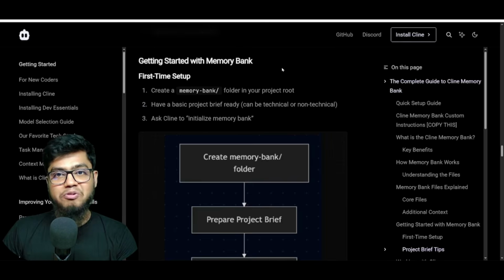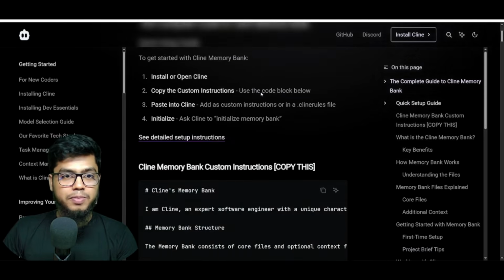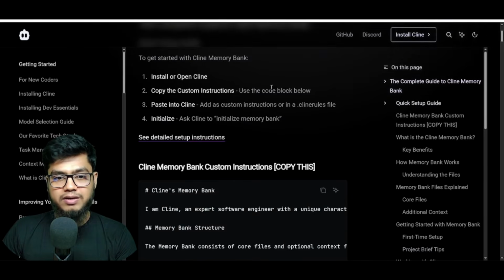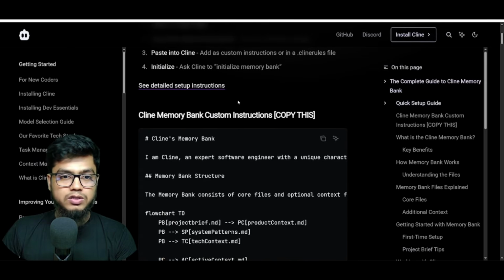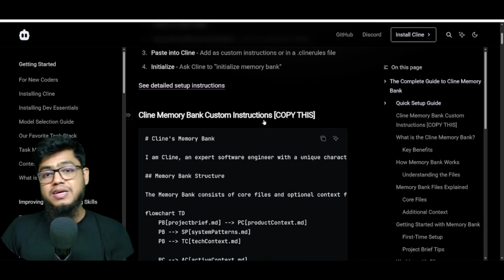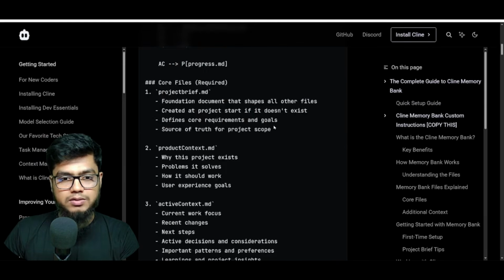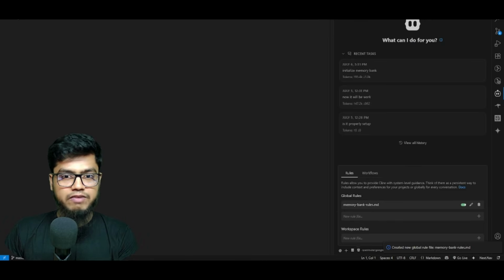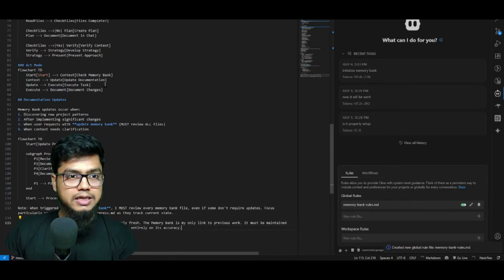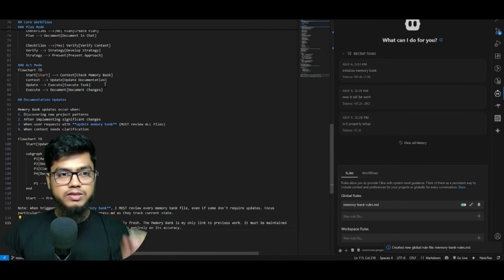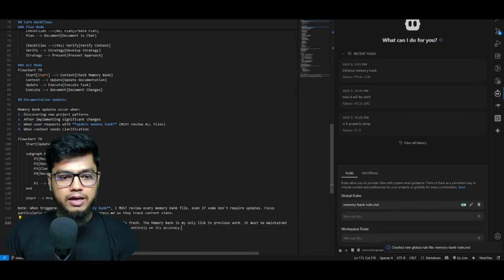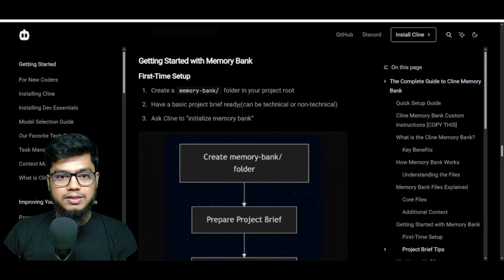So where will I get it? Look at this. Cline already gives us some instructions. This is the Cline Memory Bank custom instructions. Copy this. So I will copy this instruction, and then I will paste it in here, and after that I will save it. Okay, and after that they say